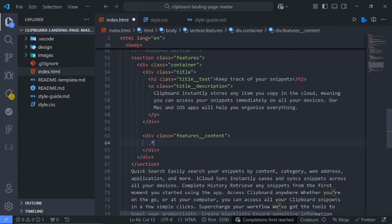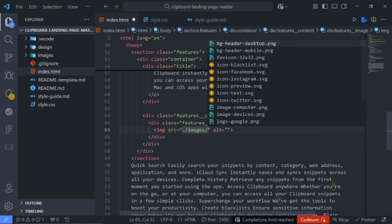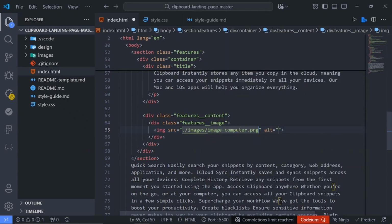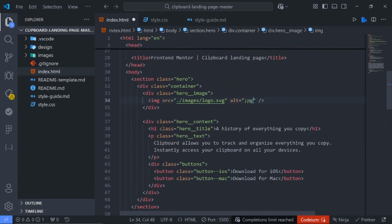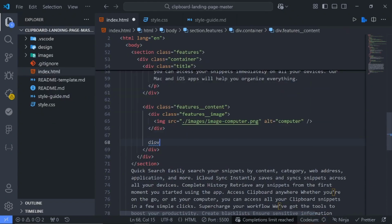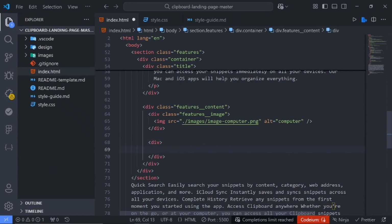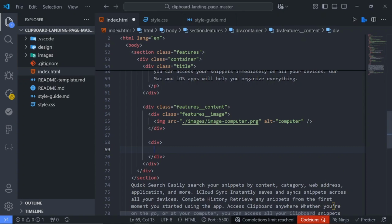and we can just put this inside the features underscore image, and bring it down, big image that says image computer. And most times I'm lazy to add this, but it's best practice for you to add what is here. So we'll do this to this as well. So say logo. So the next thing to do now is to create a div to hold each of the features, or each feature itself. So we say feature,